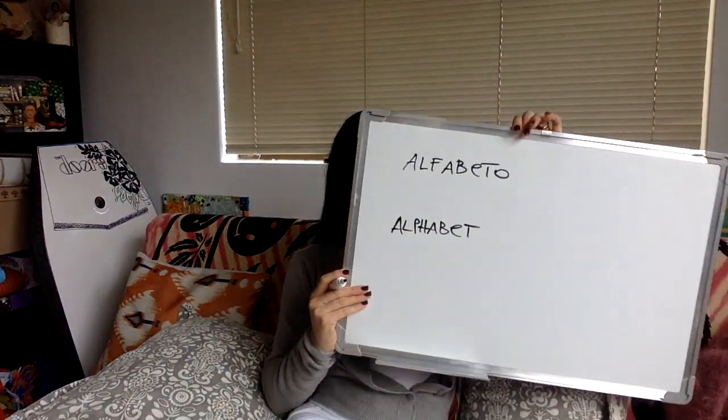First difference, the spelling of the actual word sounds very similar. Alphabet, alfabeto. So I write them down. Alfabeto for Italian and alphabet for English. So the first difference is you have